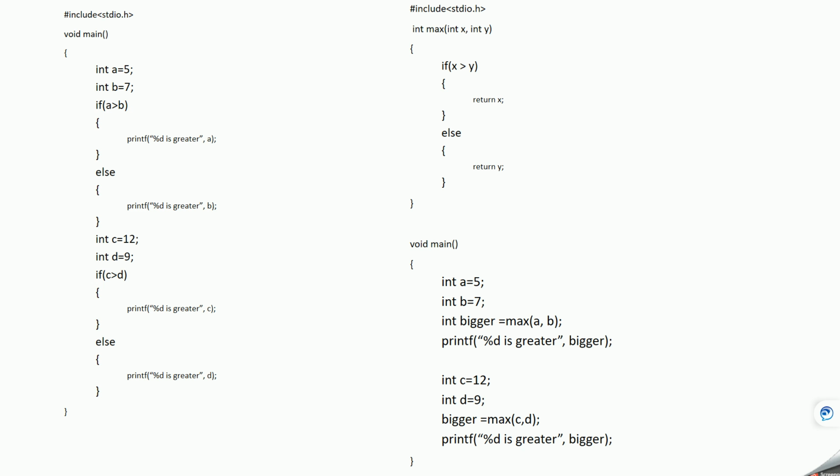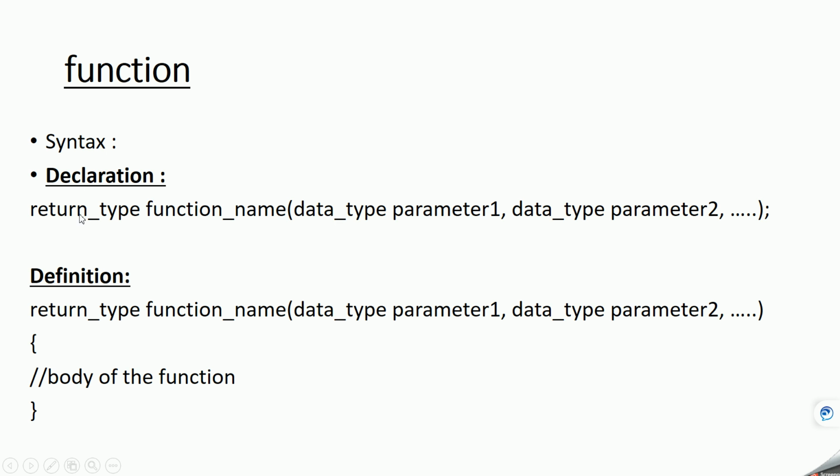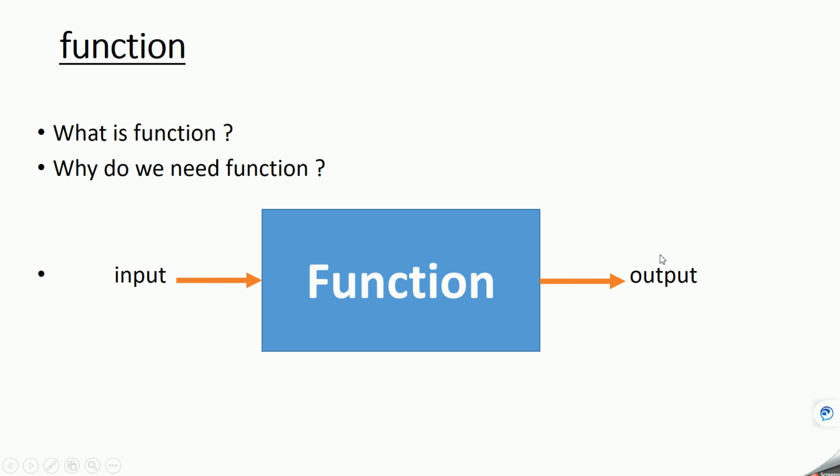So let's see how this program is without function, and this particular program is with function. So this is without function, this is with function. Let's see how we can write using a function. As we know, the function will have some output. Output is nothing but the return type. For output we'll say it as return type. Remember that box and the declaration that we saw, this return type, and this box is having some output.